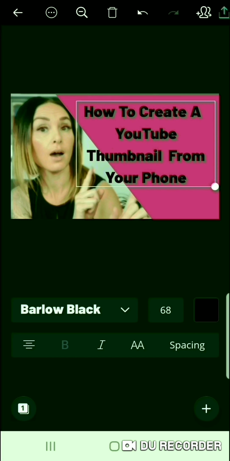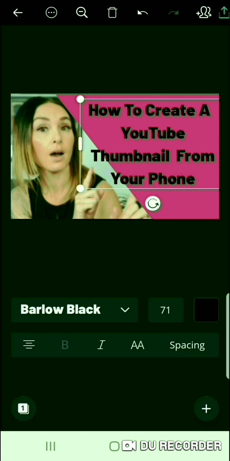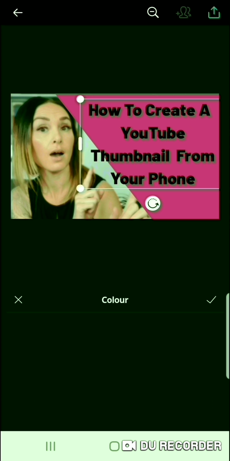I can make it bigger or smaller. Obviously you want it to really stand out. Okay, so obviously that does not pop very well, does it? So what you can do is, see the little circle at the very top of the page? You can go up there and you can have more options. So I'm going to show you a little trick to make it pop. I'm going to change this